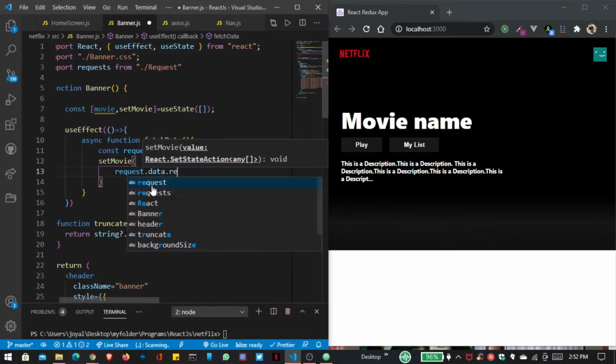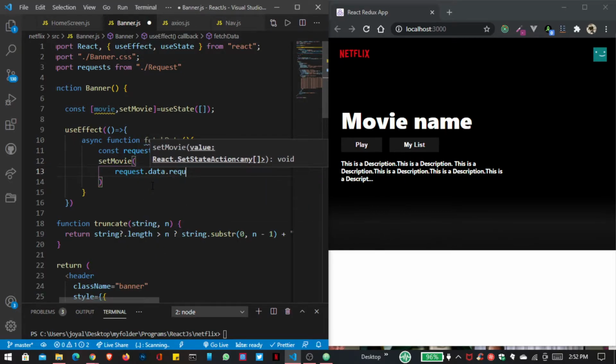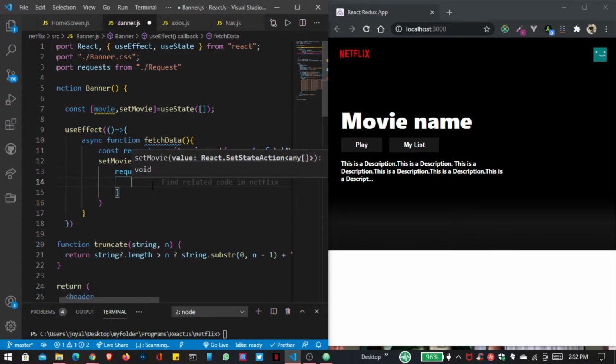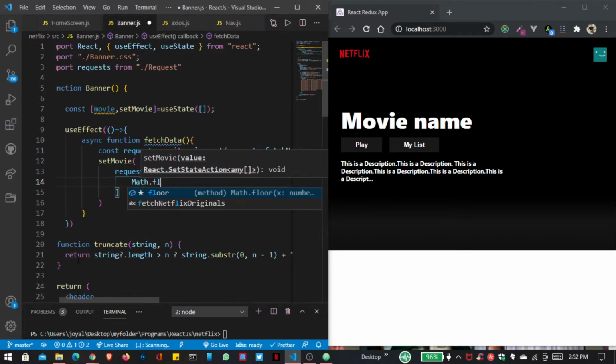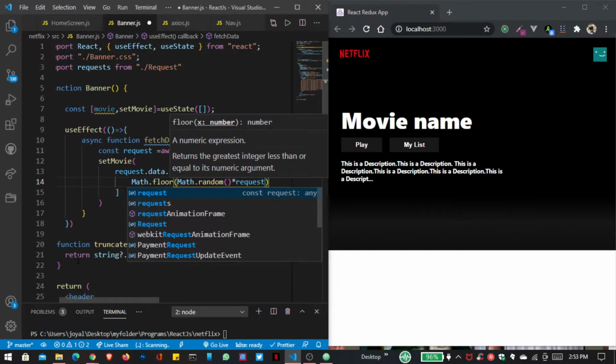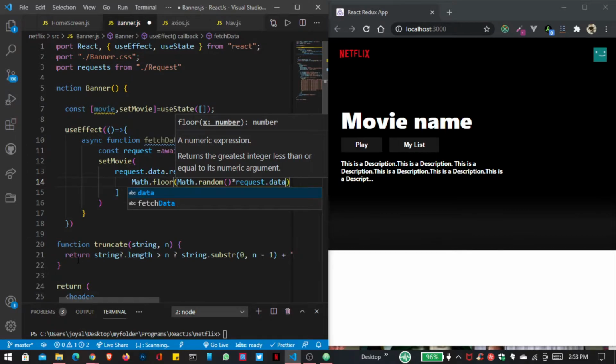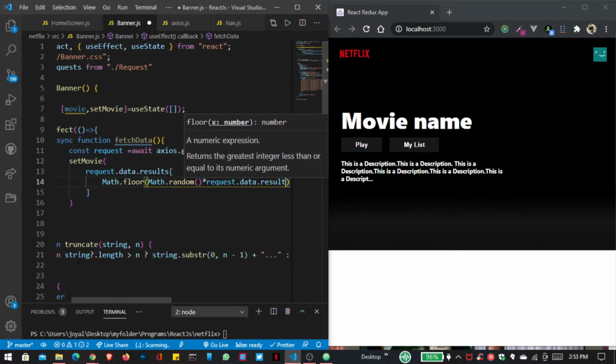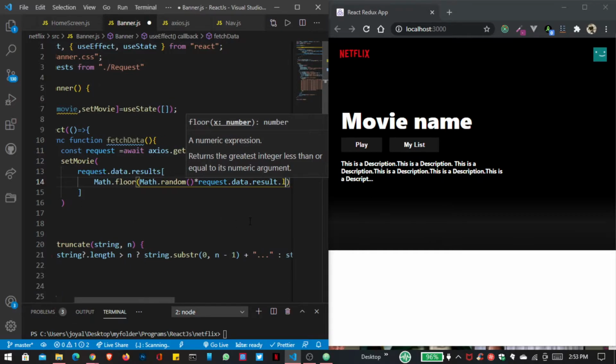So request.data.results, and I want to apply a random movie here, so I use Math.floor and Math.random multiplied by request.data, and remember this is our array, so here we have to provide the length,